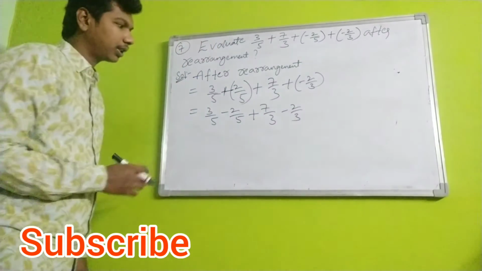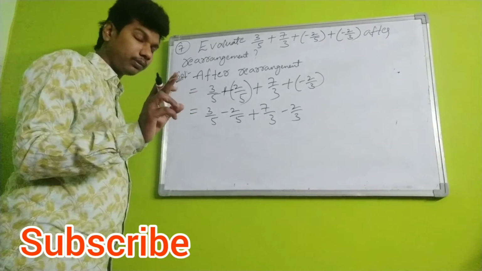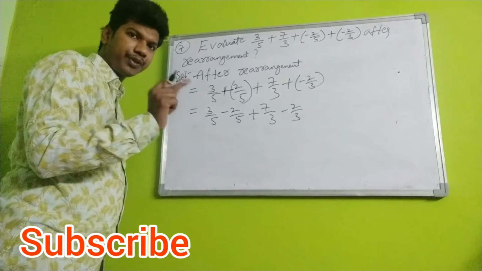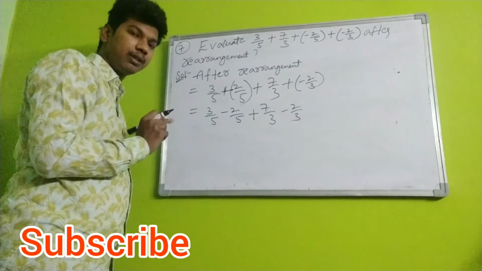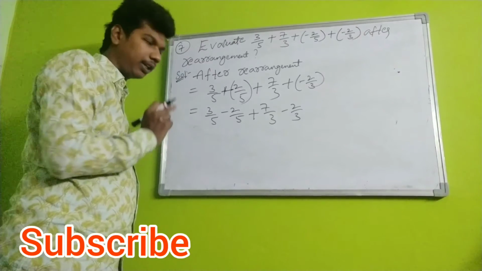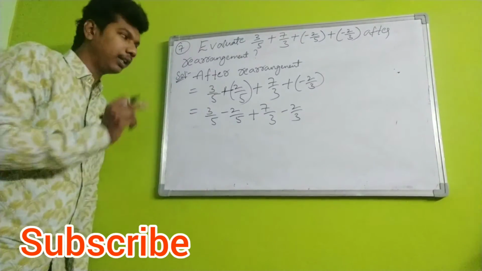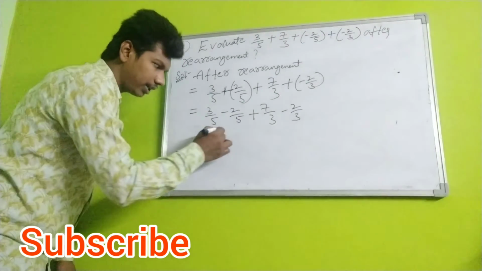Now you can observe clearly both the denominators are same. Remember, students, this point is very important. If denominators are same, then in the numerator it depends on the middle symbol. Your middle minus symbol is there, so in between the minus symbol is there. Therefore subtract the numerator part. 3 minus 2, that is 1.